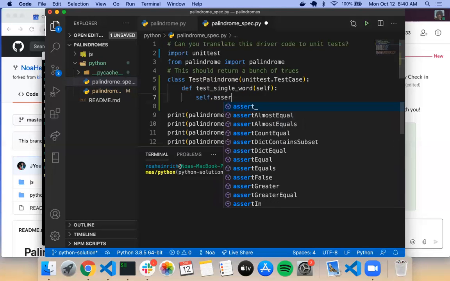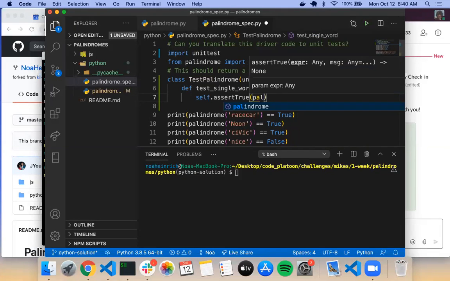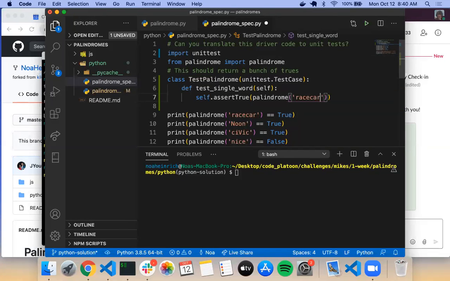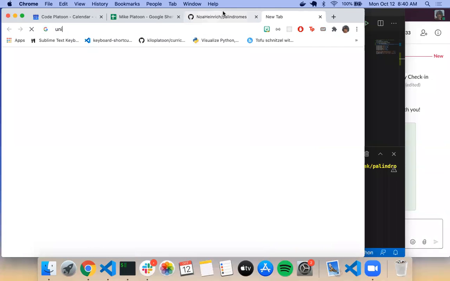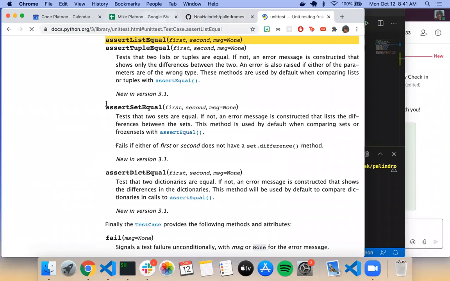So if I do assertTrue, I can guess that probably means that whatever I'm doing should be true, right? So I should say palindrome racecar. Of course, it's never a good idea to assume, so I'm going to go to the unittest docs